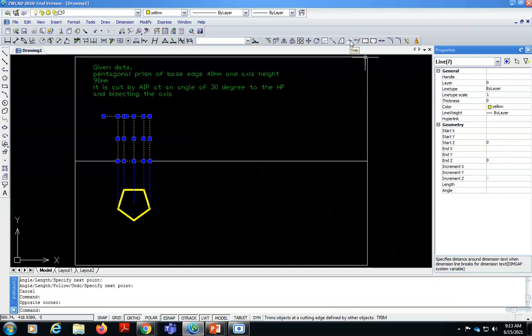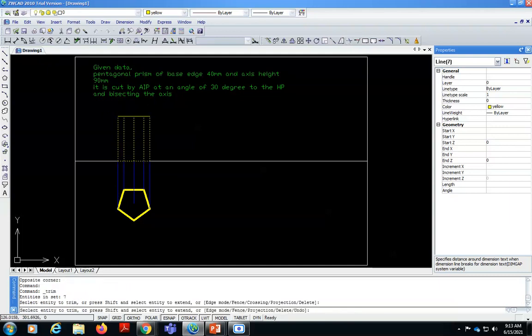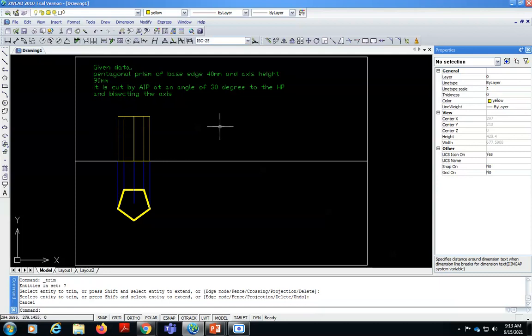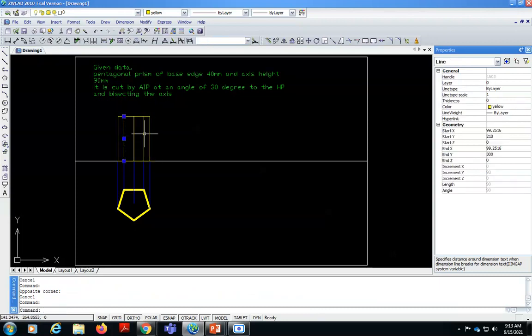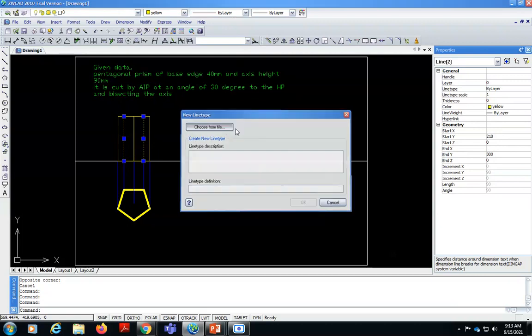You can use the trim command for this. So we have trimmed that extra line. Edges which are not visible, that means these two edges will not be visible for us. So we'll change the type of these lines to a dash line.